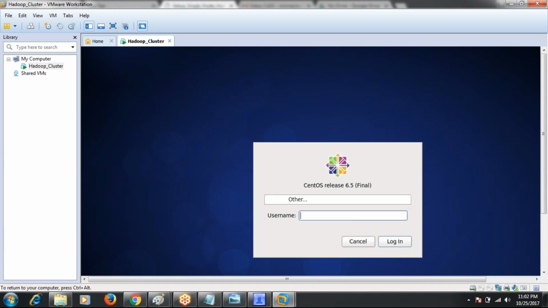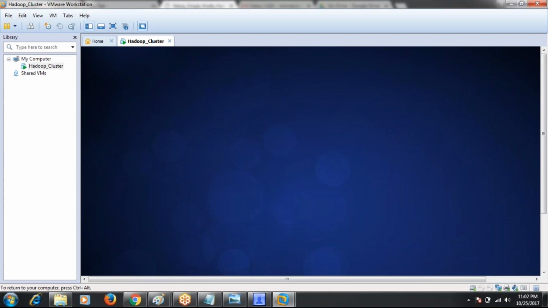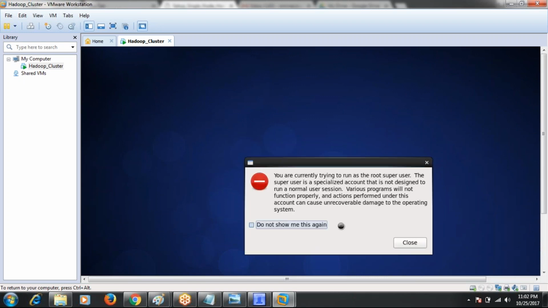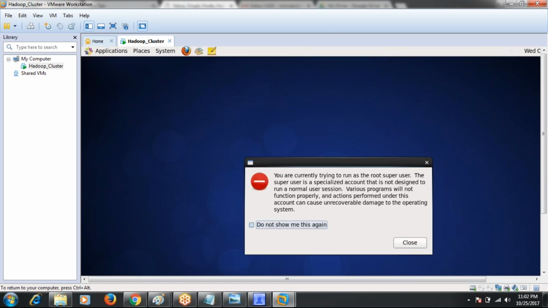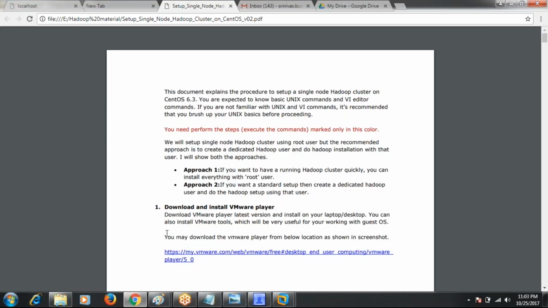Yeah. So this is the desktop for Linux. Now you can execute the next step.